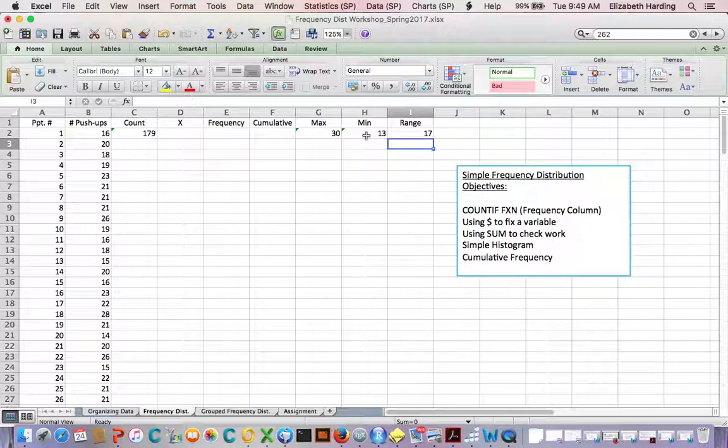So what I want to know is that, that's not a huge range. 17 is not a huge range, right? That's going to fit nicely. So I think what I'm going to do is for my groupings, I'm just going to start with 13 and end at 30. So starting with 13, go ahead and enter 14. You can go ahead and,